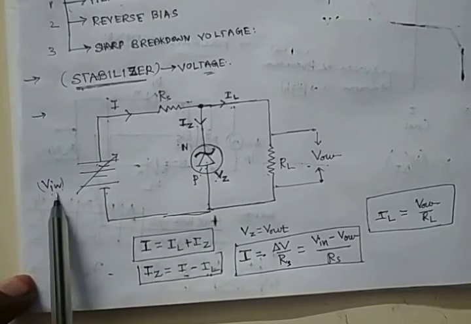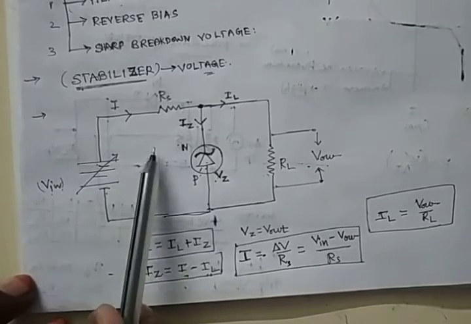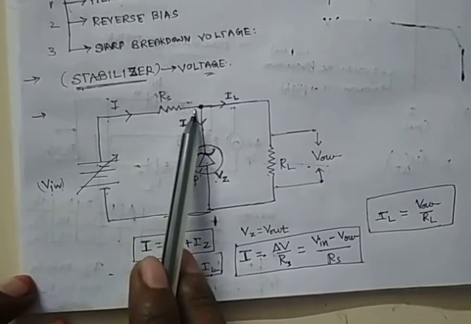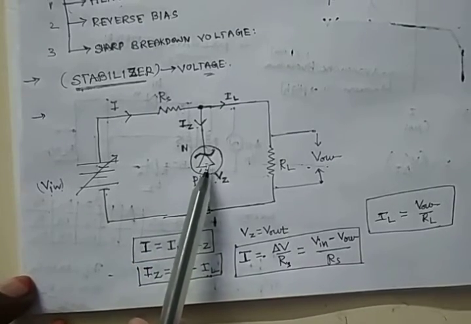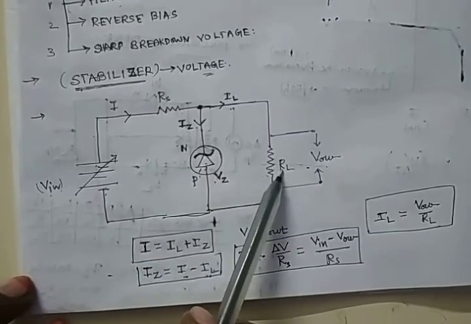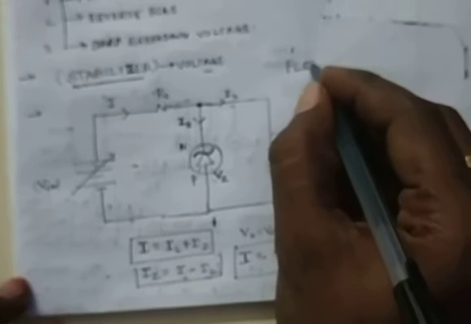Whether we decrease or increase the input voltage, the corresponding current in the circuit will change, whereas the voltage across the Zener diode remains constant. That's why it stops the fluctuations